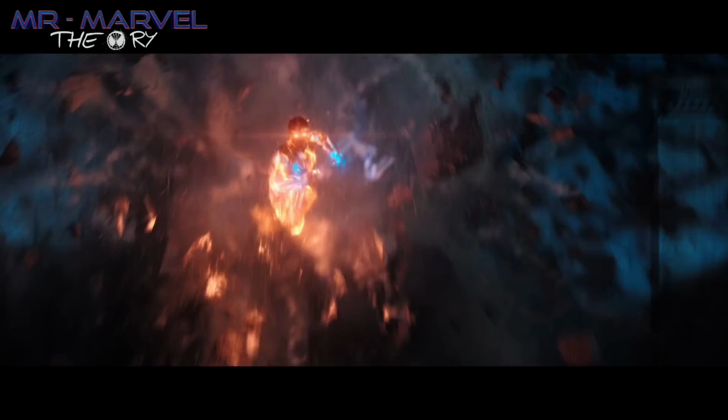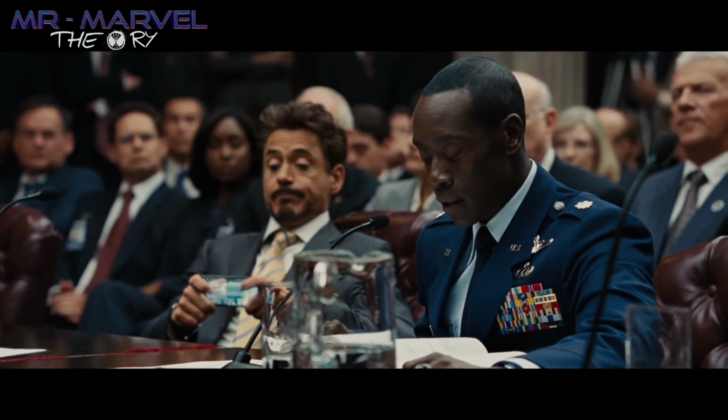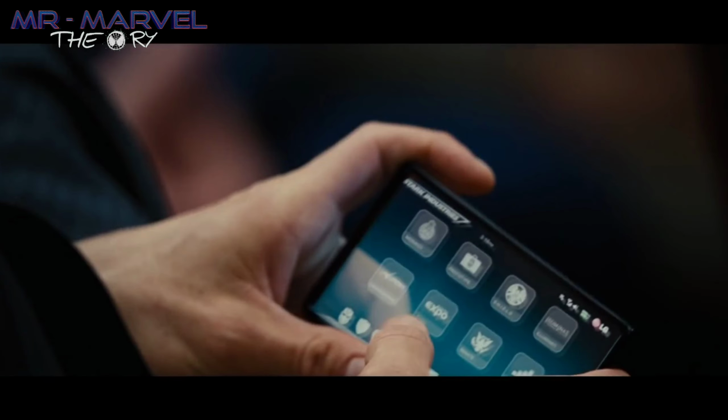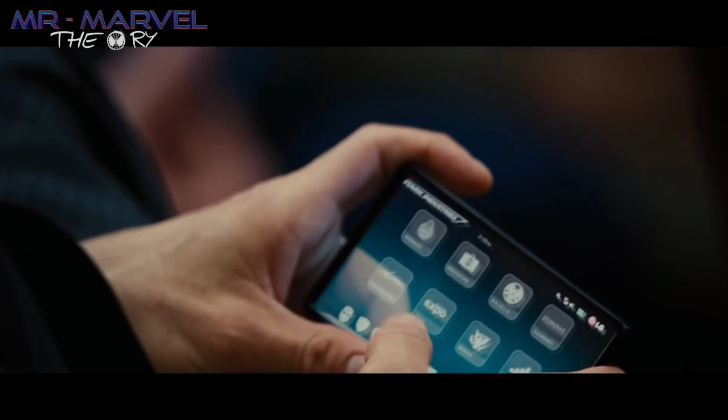And I forgot to tell you the most important detail. When we watch Iron Man 2, on the keypad, we can see the Illuminati logo, which feels like the Illuminati is also present in our universe, but was replaced by the Avengers. Okay, let's get into the next frame.